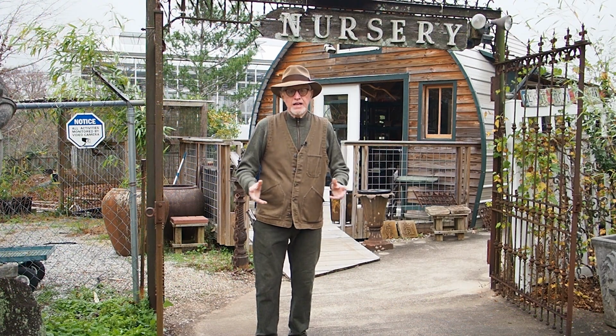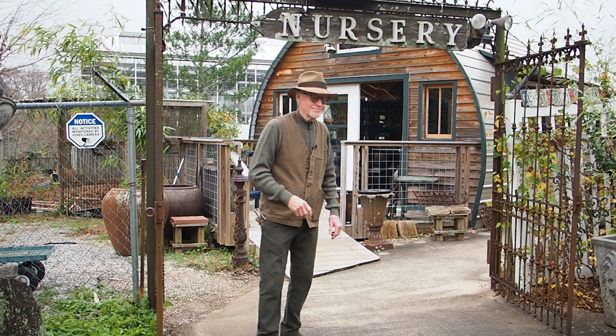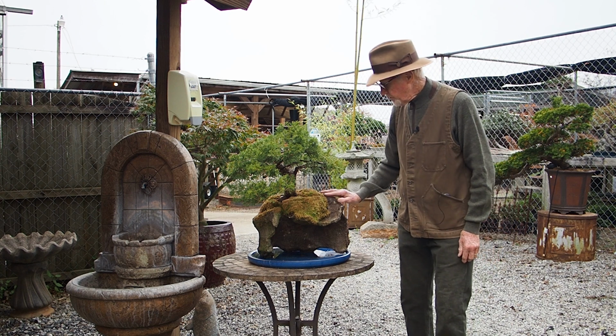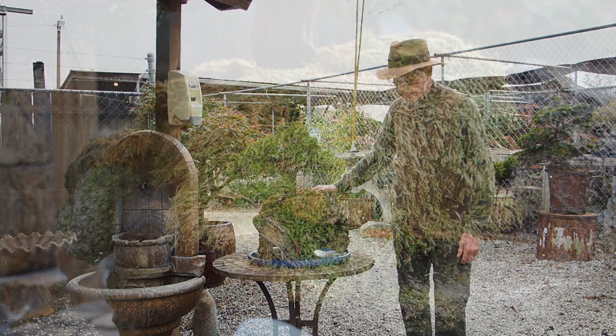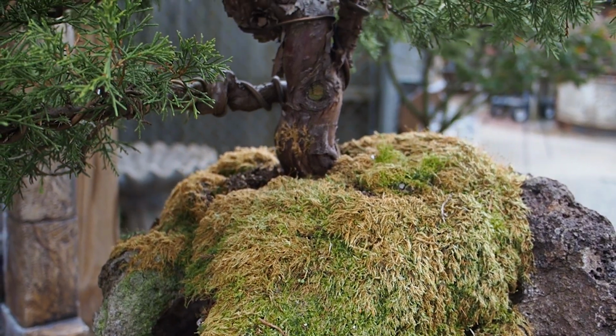We have so many things that I want to talk about today. I want to get right into the trees. First tree I would like to talk about, first thing, the stone is absolutely gorgeous. It's a lace rock from Utah, very craggy, very natural, and the artist